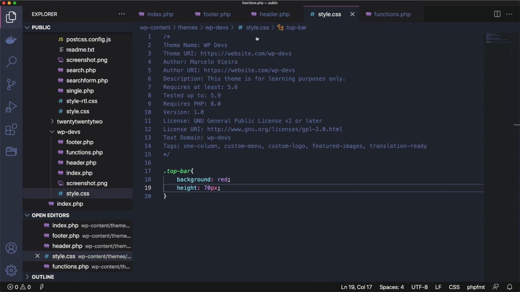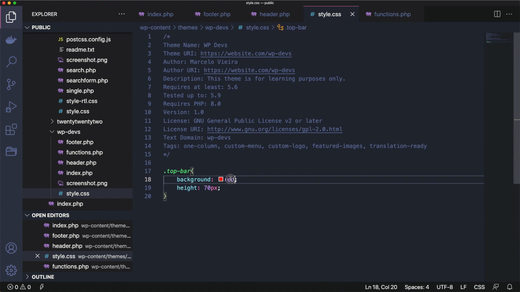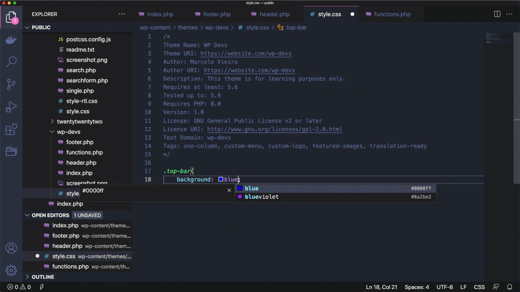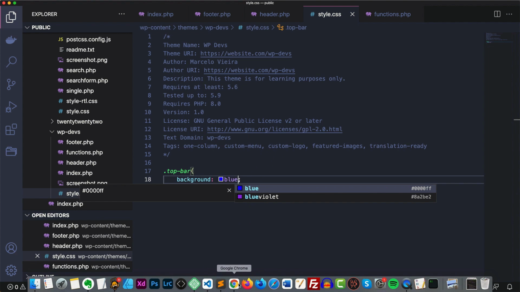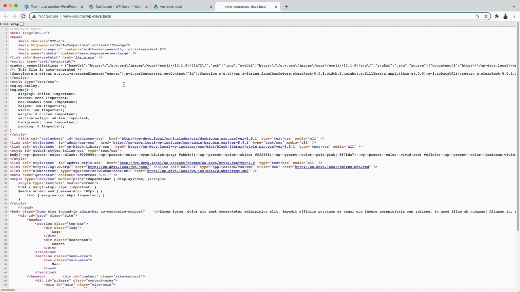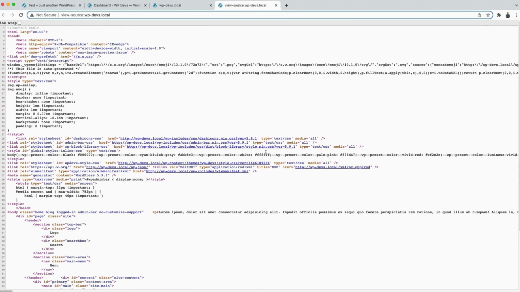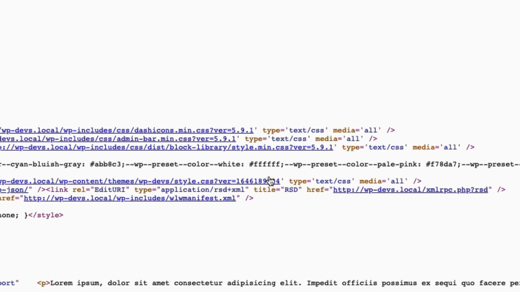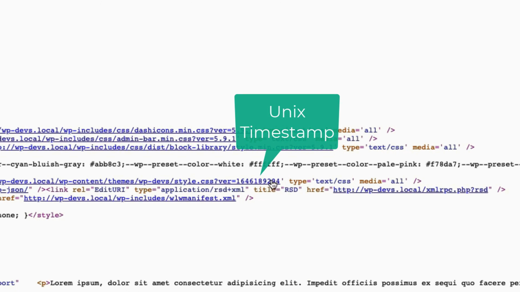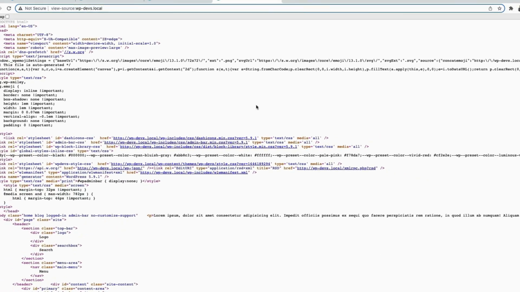Let's change the color of the top bar to blue. And let's look at the updated source code again. Here's where something else appears instead of the version of the file. There are several numbers here that correspond to the Unix timestamp of the moment the file was changed. Now, when we refresh the front end,